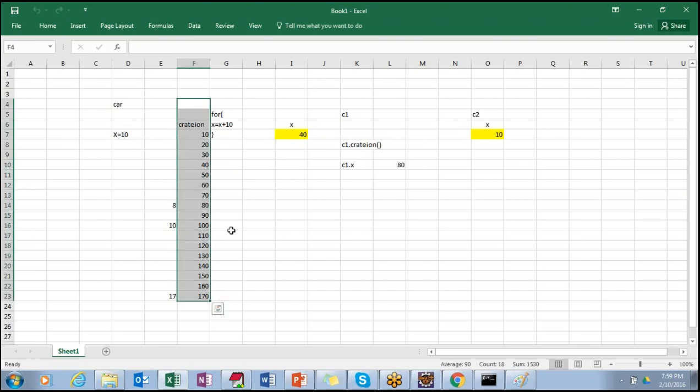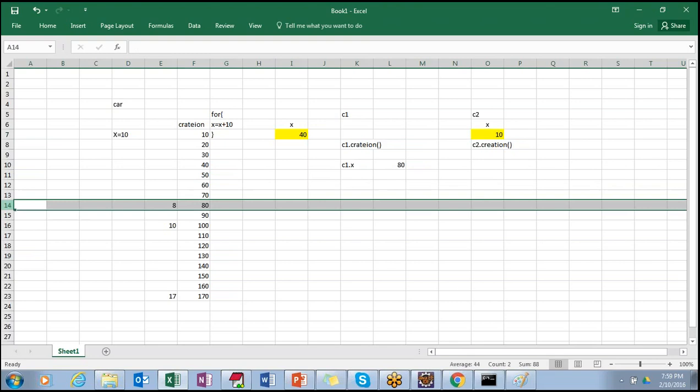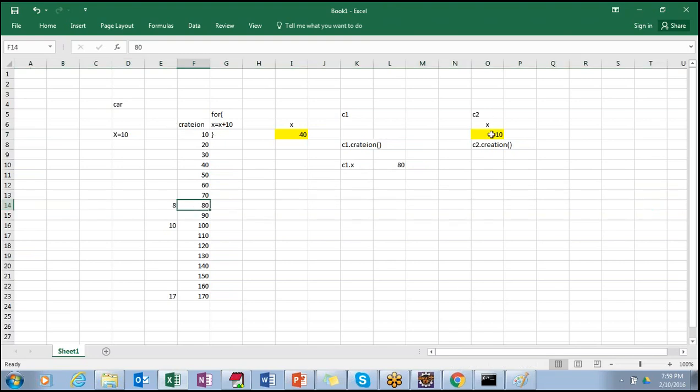Someone started with C2, calling an object with C2. There also memory got created, and the same process, now they called C2 dot creation. So what happens? The value of x also starts increasing, right?